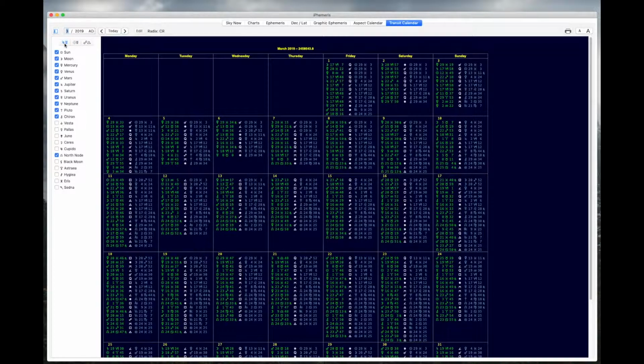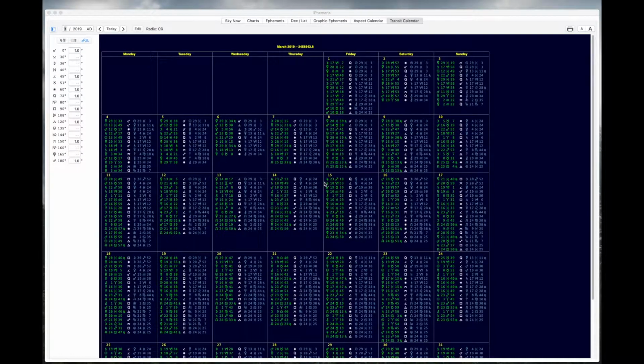These are the points that are in the sky. These are the points that are on the radix chart, and these are the orbs. That covers all the features of iPhemeris. Now let's just take a brief look at the settings